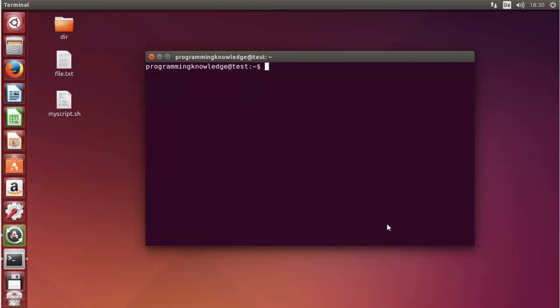In this video, I'm going to show you how we can use the which command and the whatis command in Linux. So let's see first of all what the which command is and how we can use it. The which command is used to return the path name of a file or a command which we use with this which command. So let's see how we can use it.